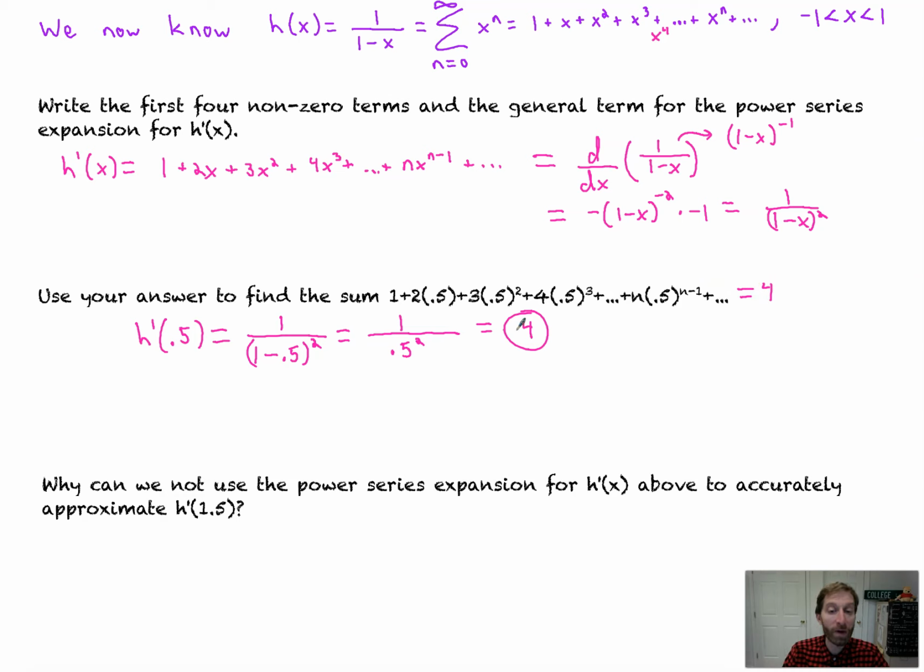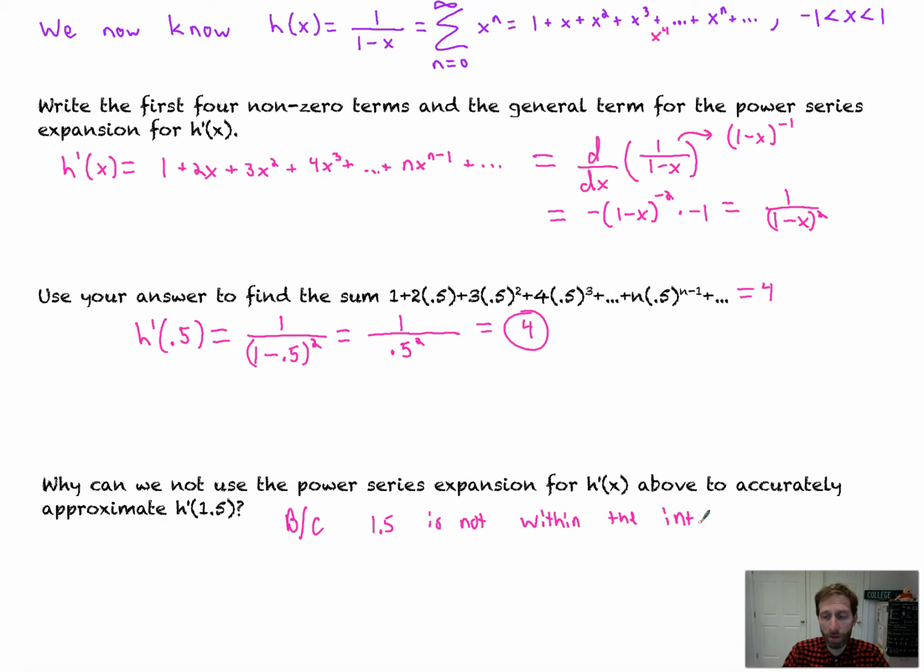That's crazy. How do we know it converges to that? It's on the interval of convergence. Why can we not use the power series expansion for h prime above to accurately approximate h prime of 1.5? 1.5 is not within the interval of convergence. So I'll just say because 1.5 is not within